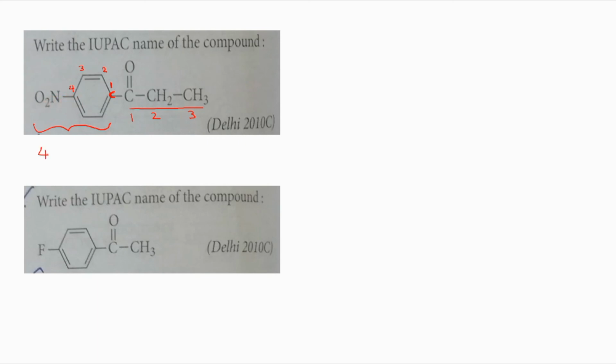So, this is 4-nitrophenyl we will write. That will be the name of the substituent. Correct, no? So, we are telling that this 4-nitrophenyl group is attached to this carbon 1. Okay, so how to write the name of this compound? See, 4-nitrophenyl. This is the substituent, which in turn is attached to which carbon atom? The entire group is attached to first carbon atom. So we will have to write like this. We will call it a complex substituent.